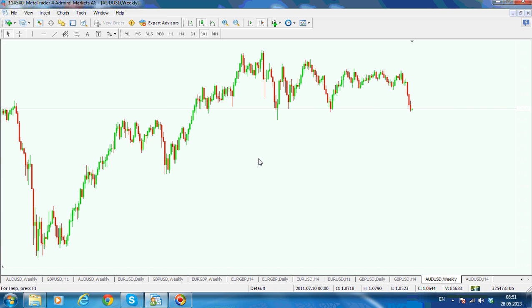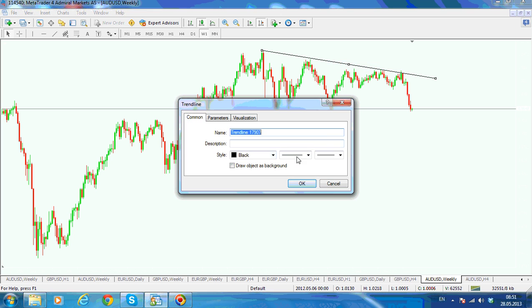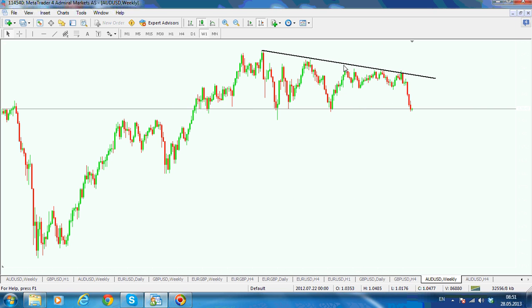Now, definitely you've heard that on Aussie, everybody, including me at some point, I have to admit, looked at this as being a contracting triangle, and this contracting triangle in Aussie is being broken to the downside. Yeah, well, I agree with the concept of a contracting triangle. What I don't agree with now is this drawing of the contracting triangle.